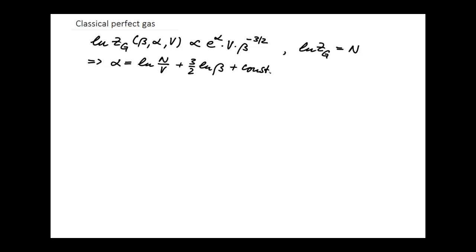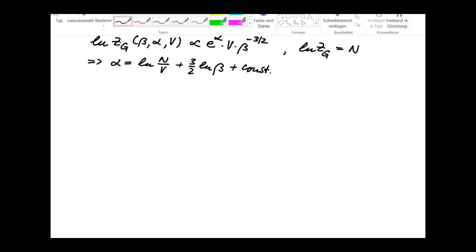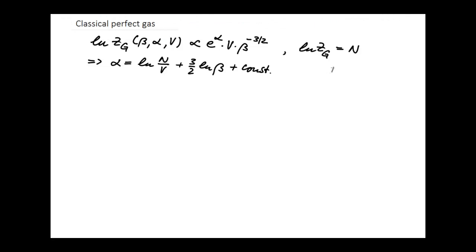Next, the plan is the following. First, I would like to relate the grand canonical partition function to the canonical partition function. Then the canonical partition function to the free energy. And then by a Legendre transformation, go from the free energy to the free enthalpy. This is the plan. Maybe let's sketch it here on the side. This is my overall plan. I go from the log of the grand canonical partition function to the log of the canonical partition function, from this to the free energy, and from that to the free enthalpy. And the last step